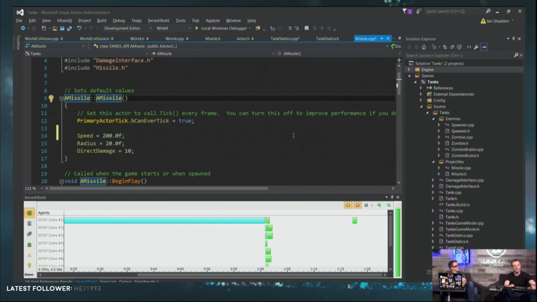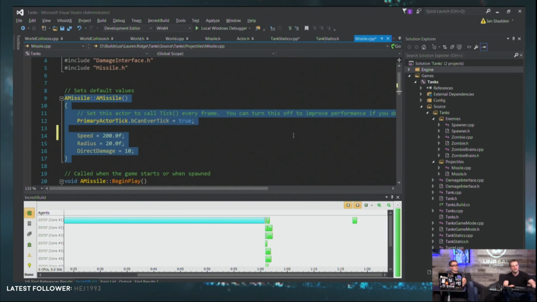That's what Unreal does. When you go to make a new missile, it takes the default missile that it has and it copies it. And that way, things that you do in here that might be time consuming, or maybe you set something up in the editor that code doesn't run in the shipped version of the game, but the end result of the data you got could run. So it'll run that one time when the engine starts up, and then it won't run it again. It'll just copy to the new objects that you create.